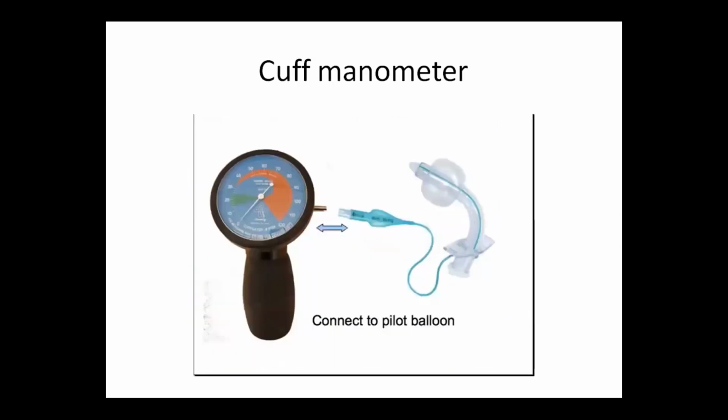Another instrument which I picked up is the cuff manometer, because you should know how to use it. It is connected to the pilot balloon, there's a hook which is directly connected to the pilot balloon. You should remember that it measures the cuff pressure, and it also adjusts the pressure. There's a red button on the side, which if you press, will deflate the extra pressure. The next question can be, what if you find the pressure zero? What is the possibility? Either the cuff is disrupted, there is some injury to the cuff, or there's occlusion of the tube. That way the question will arise, but you should be able to identify it.